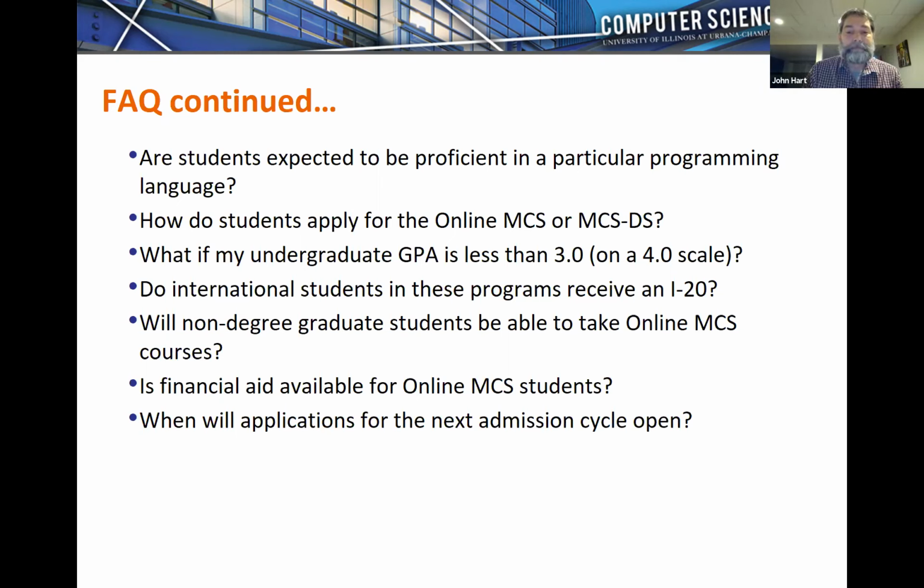Okay. Let me also add, at the University of Illinois, we take very seriously our ability to serve our alumni for lifelong learning opportunities. When you complete the MCS degree, you are effectively admitted. You can apply, but you'll be automatically admitted for non-degree coursework.